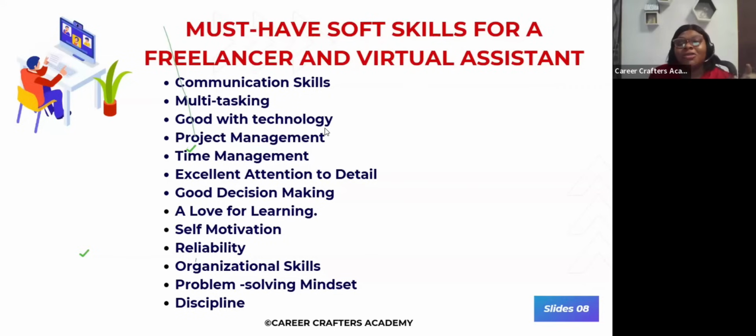Okay, another thing you need to have as someone who wants to work online is that you need to be good with technology. So remember, you'll be using technology to offer your services. You'll be using a computer or a phone or whatever it is you'll be using to offer these services online. So it means you need to learn how to use basic applications. It's not only Facebook and Instagram you should know how to use. You should know how to use communication tools. I think I'll talk about tools much later, but you need to be good with technology.